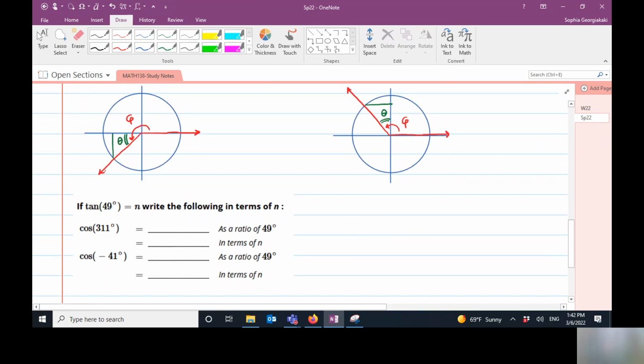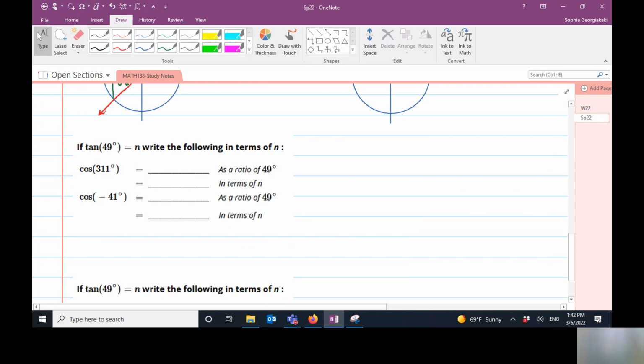So in this particular problem of our homework, they are giving us information about the angle of 49 degrees, and then they are asking us to express the cosine of 311 degrees as a function of 49 degrees, and the cosine of negative 41 degrees as a function of 49 degrees also. And notice that theta is our 49 degrees, which is a positive acute angle in quadrant 1. So I need to find where